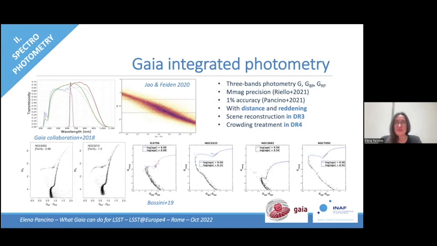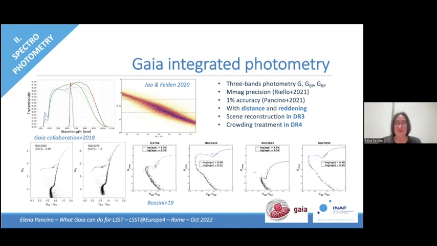What I wanted to spend more time about instead is the other products, which are photometry and spectroscopy, and the derived products such as stellar parameters and the like. In terms of photometry, you all know by now that we have three main passbands, the G, BP, and RP, that the precision of the photometry obtained by integrating these passbands is of the order of a millimag, in the best case, 1 millimag, which is 0.1%, while the accuracy of the zero-point calibration is of the order of 1%, which is also quite unprecedented in the panorama of large surveys.